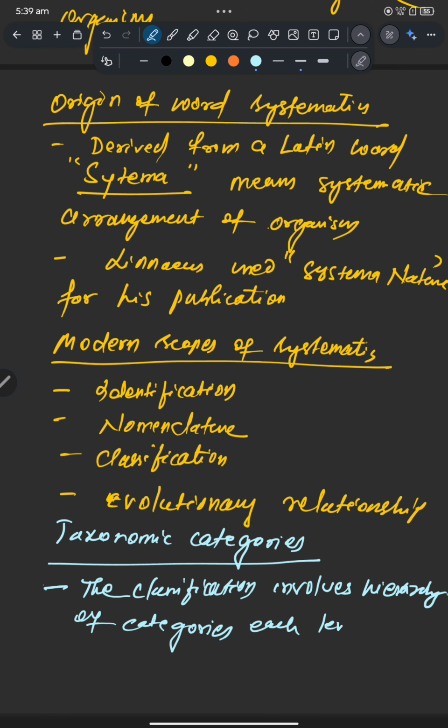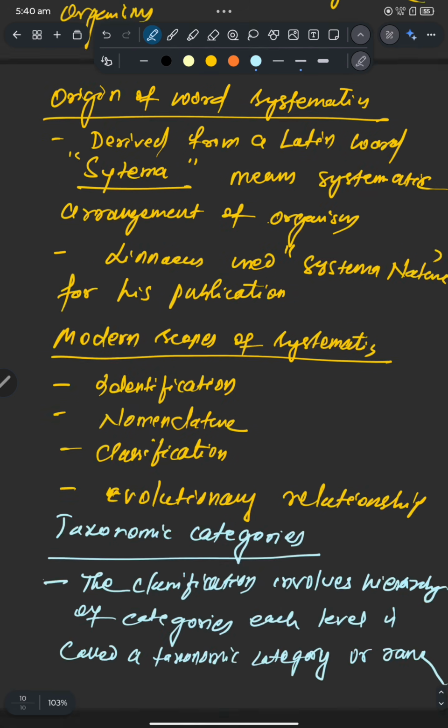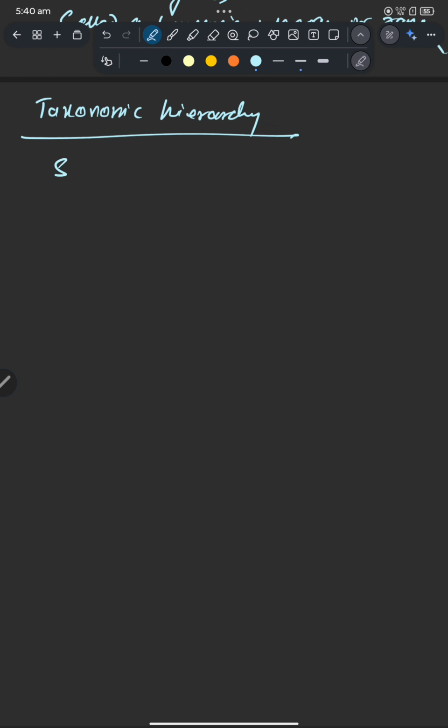Each level is called a taxonomic category or rank. Okay, now let us see what is taxonomic hierarchy. Okay, so here I am giving you species, then genus,